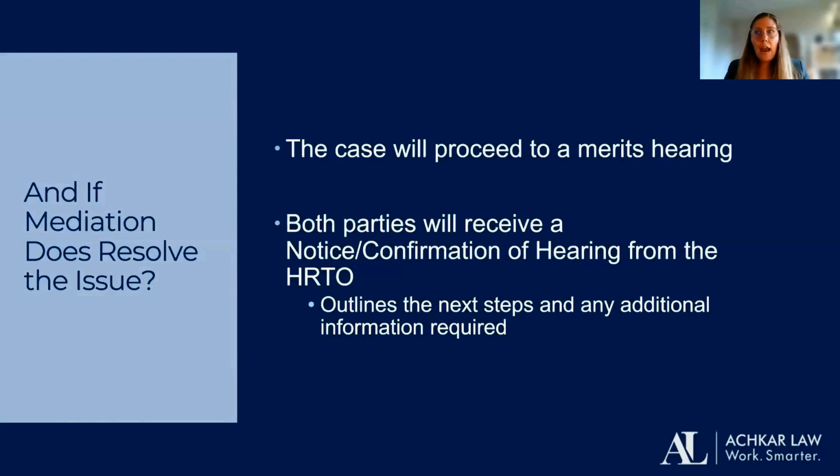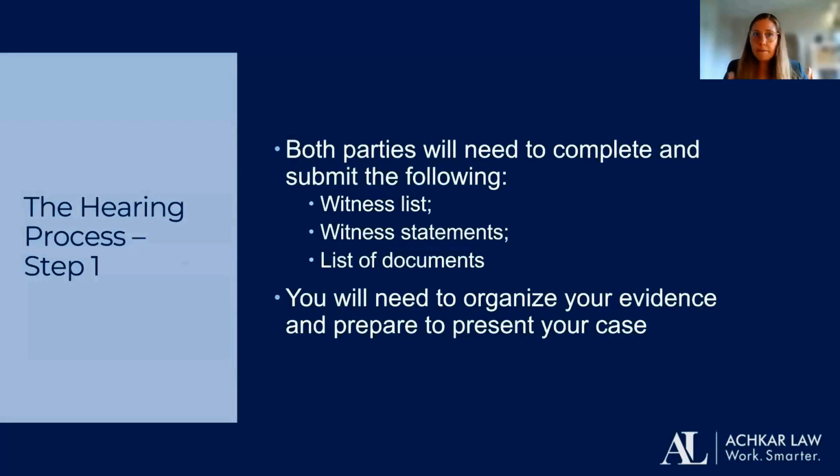It looks like a letter, and it's going to detail the specific steps and deadlines that each party needs to complete before the merits hearing. Typically, and this can vary depending on matters, some matters are a little more complex than others and might have other moving parts. But generally speaking, there's a deadline where both parties put forward a witness list, and they put forward a list of arguably relevant documents. These are just the documents you're proposing to the Human Rights Tribunal that will be included.